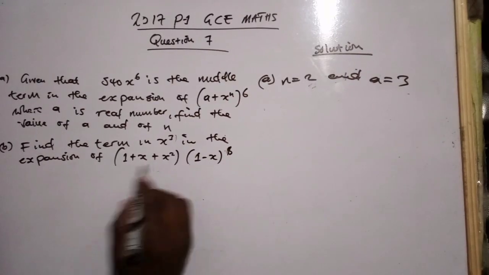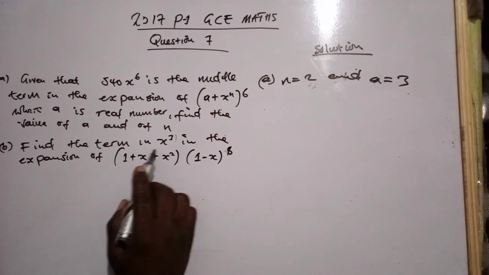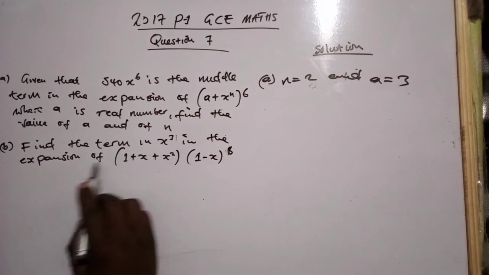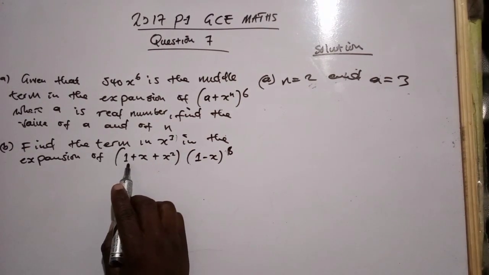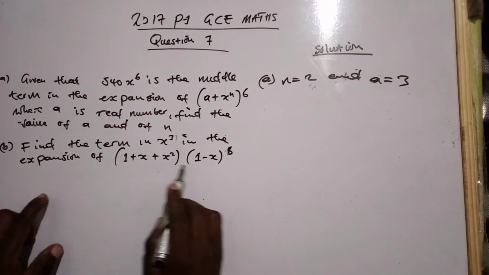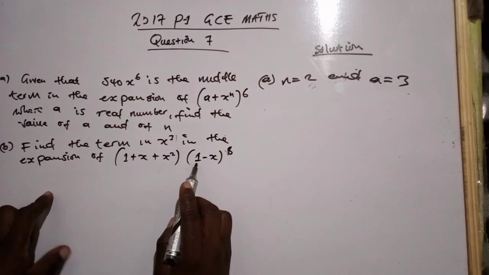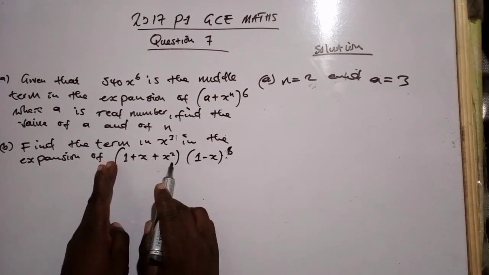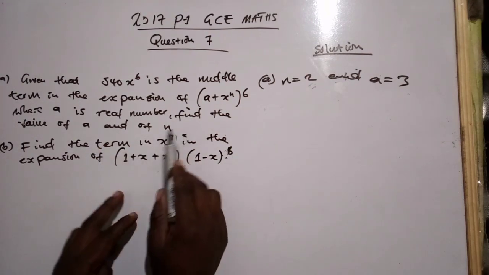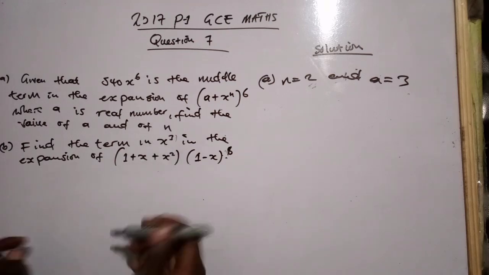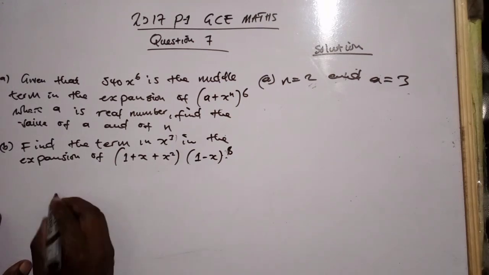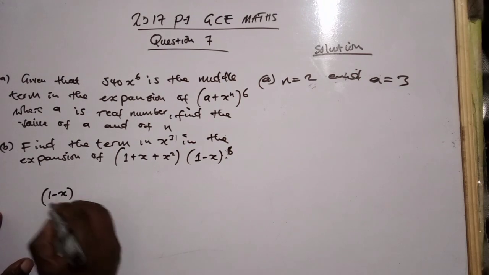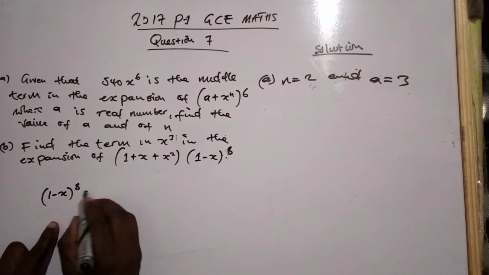So now for B, we are told to find the term x power 3 in the expansion of 1 plus x plus x squared, then open. So we have to find the expansion of this one, then you multiply by this one, you find where there is x power 3, right? So we are going to expand this one here, which is 1 minus x to the power 8, which should be equals to